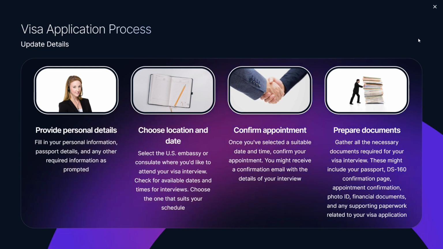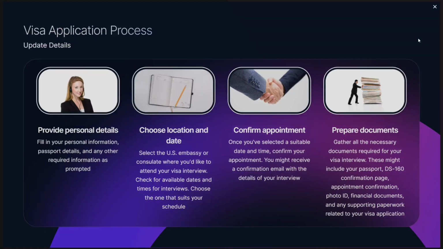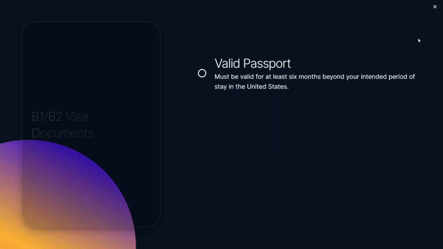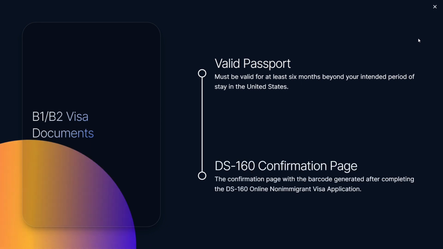So once you provide all your details, location details, and confirm your appointment on whichever dates are available, you have to do the documentation collection part, right? So what documentation is needed for B1 and B2? The first thing is a valid passport. You must have a passport which is valid at least 6 months beyond your stay, right? So it should be valid up to at least, say, 1 year from now, or whenever you are applying,